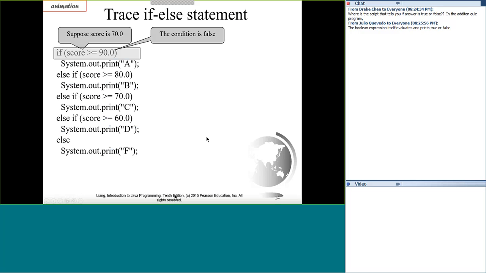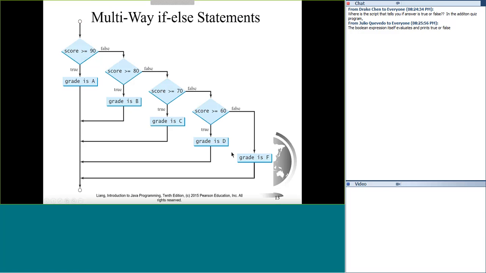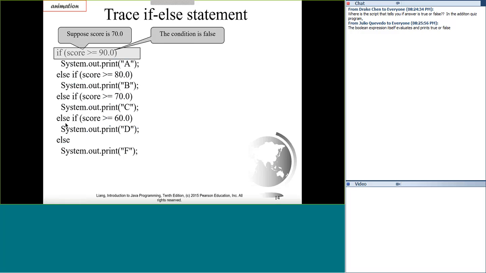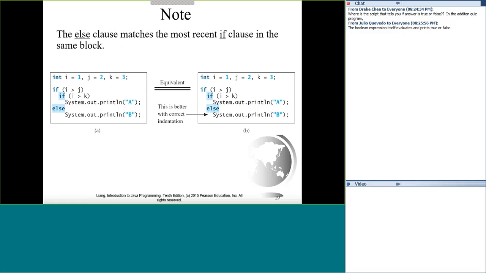Here's the same, whoops, let's go back. Here's the same thing in a flow chart. I'm not going to go through it again, but you get the idea. This is how you would ask the questions using all these decision blocks. Here are your true branches, and here are your false branches. Eventually, it becomes an F. The first one is an A. I already went through this, so I'm not going to go through that.